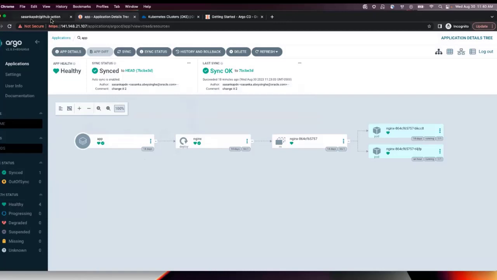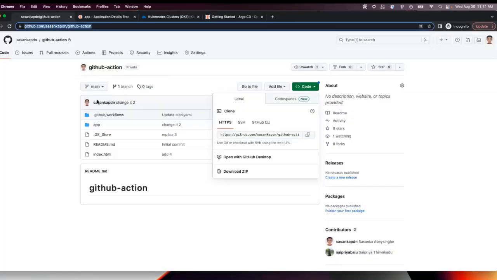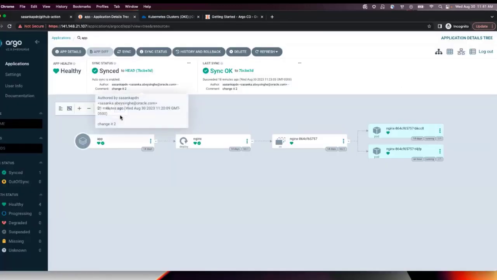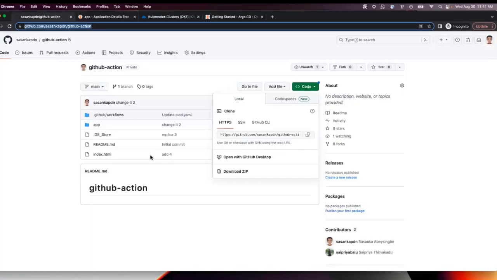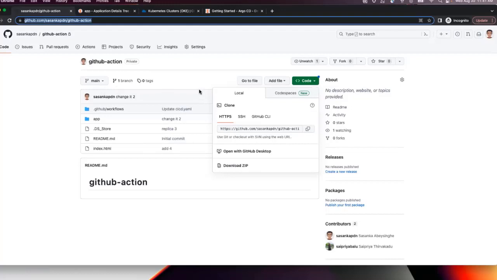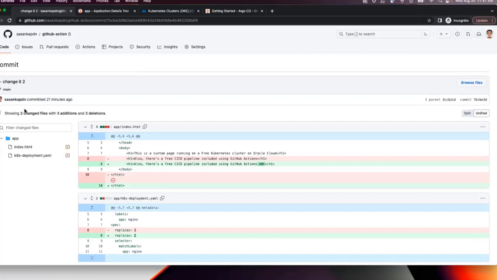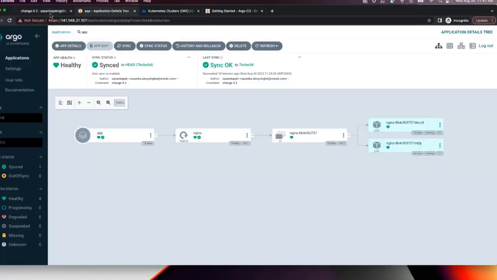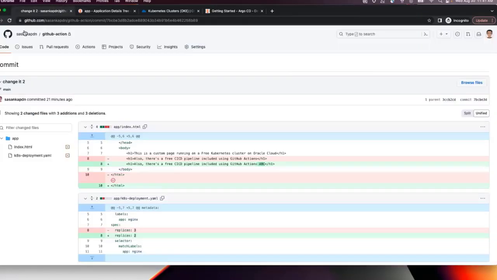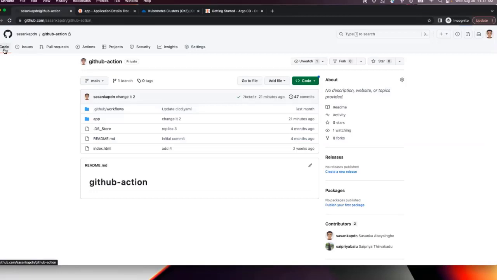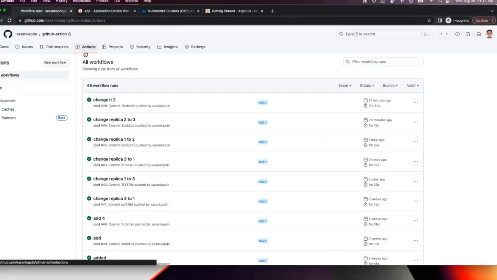What I did is use GitHub Actions. Whenever you have a latest push, for example if I change it to 2, whenever we have a git commit ID, it will go here. That's how it's going to work. Whenever we have a GitHub push, it will go here. But for the actions, I normally use them for the CI/CD process.